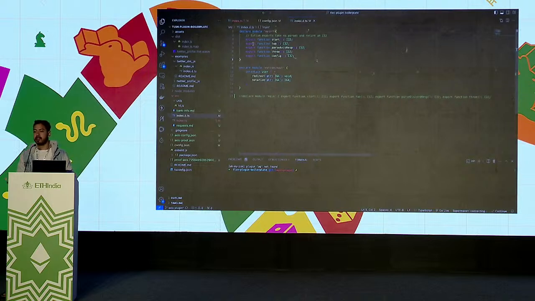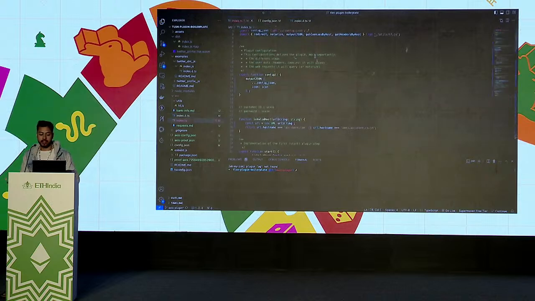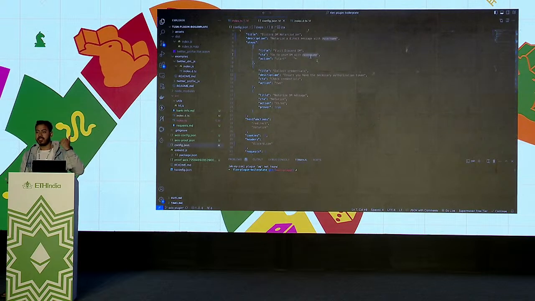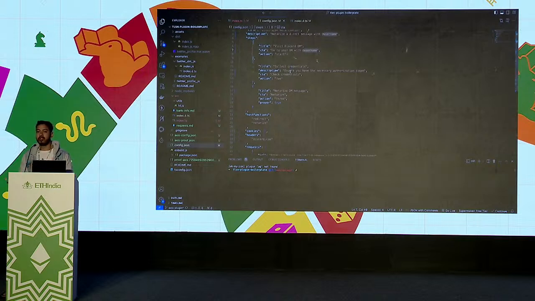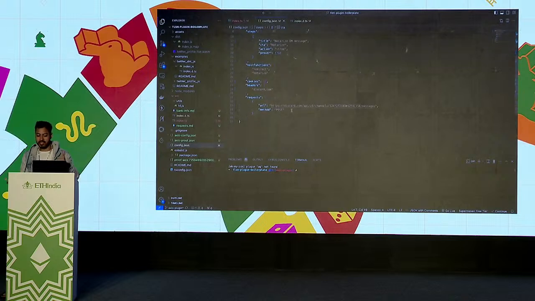If you are doing plugin development, we also have bounties for plugins based on how useful the plugin is. There are rewards for that. So you will have mainly 3 files: index.ts, config.json, and index.d.ts. The config.json file tells how the plugin should work. Step 1 is you visit a website like Discord, Twitter, your bank, your government website, Aadhaar website, any website. Second is collecting credentials, like cookies. Maybe there's a JWT token. You have to specify what kind of credentials there are. Then the actual notarization and what kind of request you need to make. So this is just the workflow.